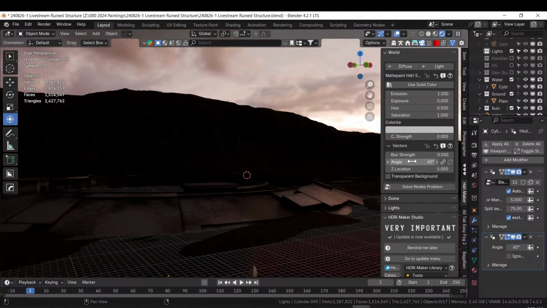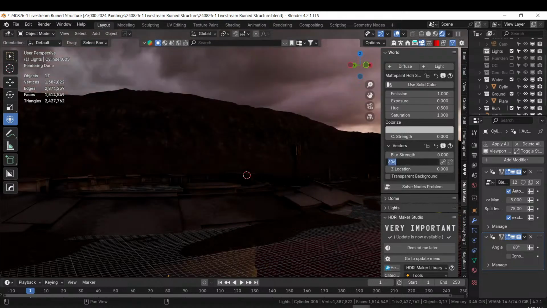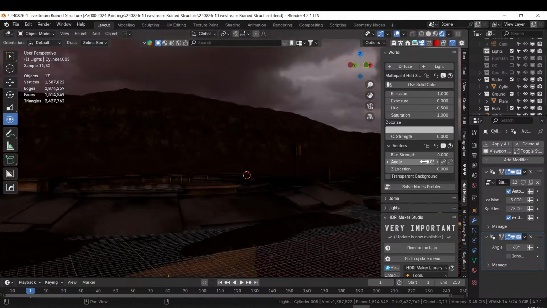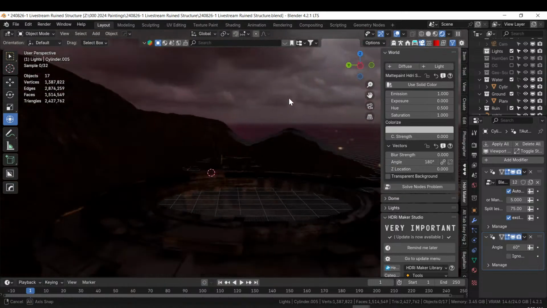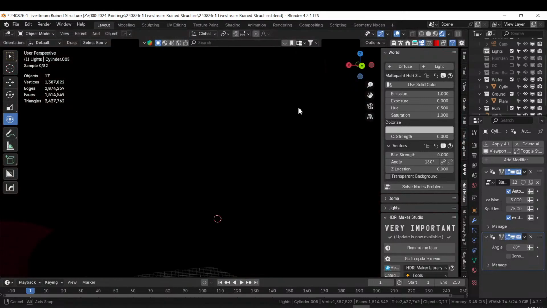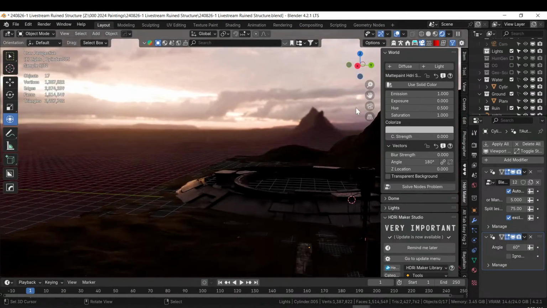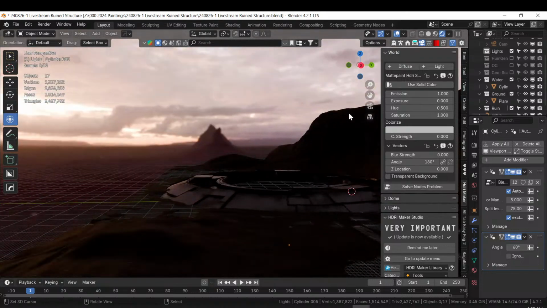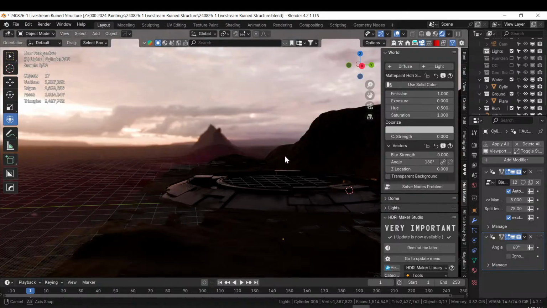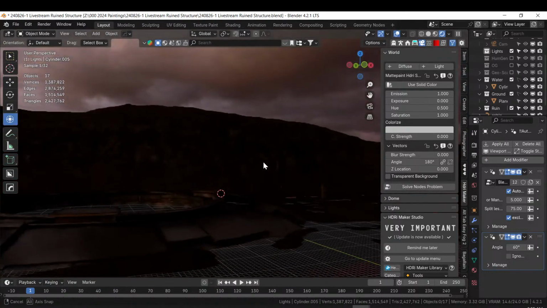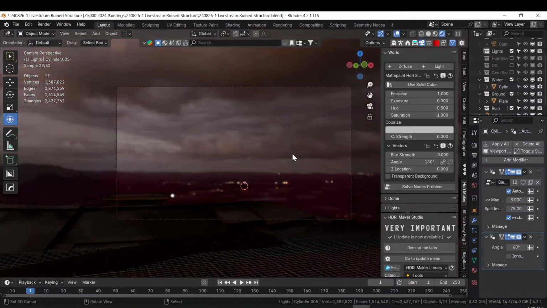Angle of 60, 120, 180. These are all very dark. It's just such a neat looking sky though, but it might be too dark. Unless we really punch up our